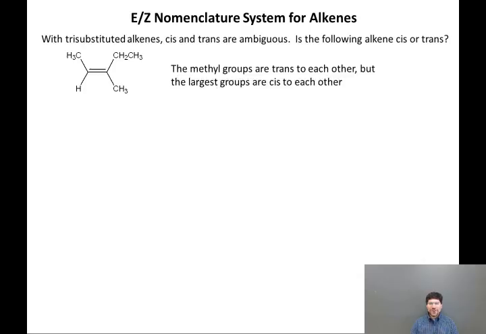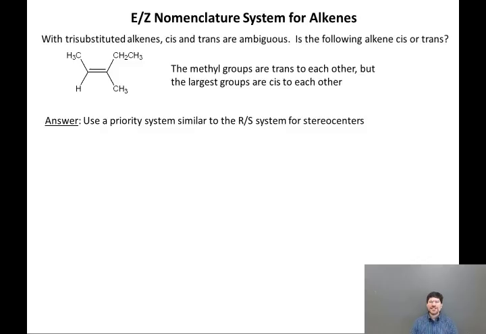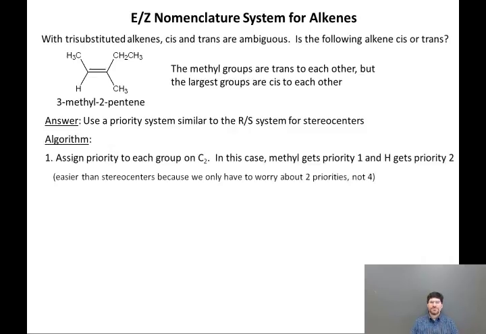Well, the methyl groups are trans to each other, but the largest groups, the methyl group and the ethyl group, are cis to each other. So what is this? Well, the way we handle such situations is we assign the two groups on each alkene carbon priorities, the same way we assign priorities when we're evaluating R and S for stereocenters. So this molecule's name, at least without cis or trans, or as we're going to see E or Z, is